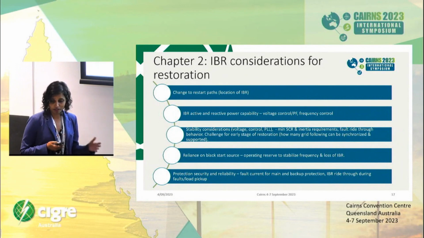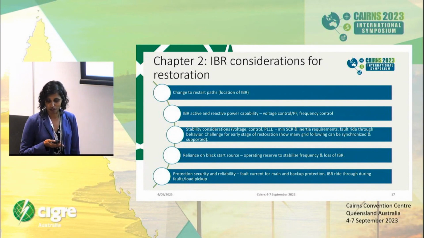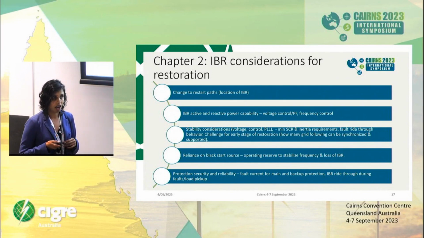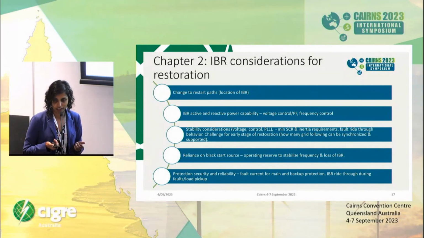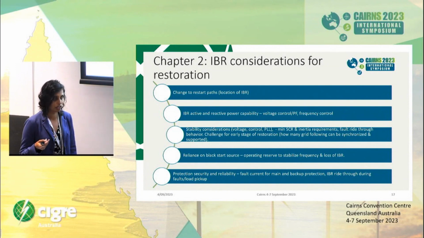So I guess in terms of inverter-based resources, obviously they do need to be considered for restoration going forward. There's a number of considerations that have to be thought of carefully. For example, where are these inverter-based technologies connected? Are they connected close to an existing restoration path? Obviously, inverter-based technologies, renewable generation, are installed where there's good wind and solar resources, which might be quite a distance from where traditional synchronous generators have been installed. They may also require a lot of switching steps to get to them during the restoration process,